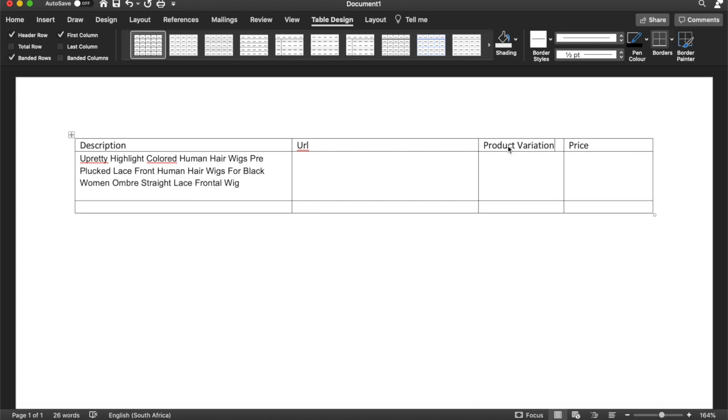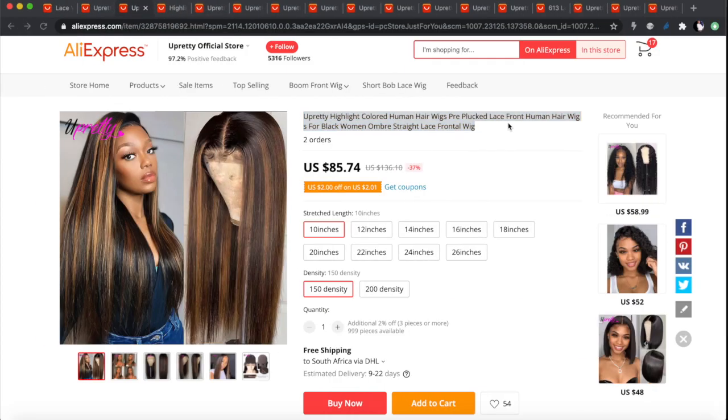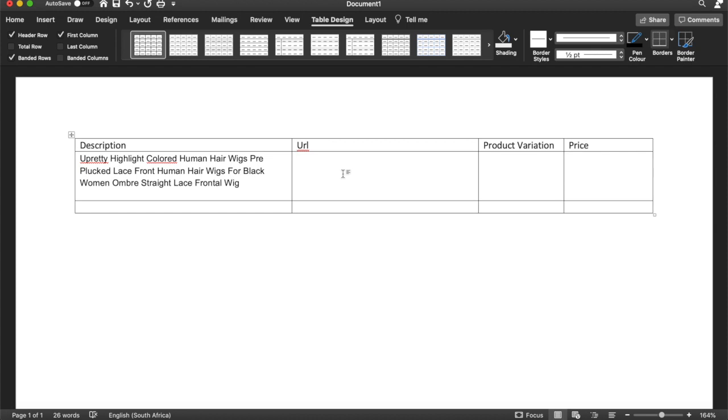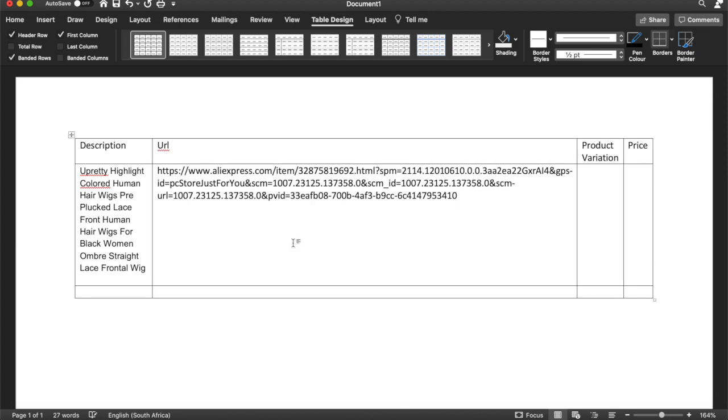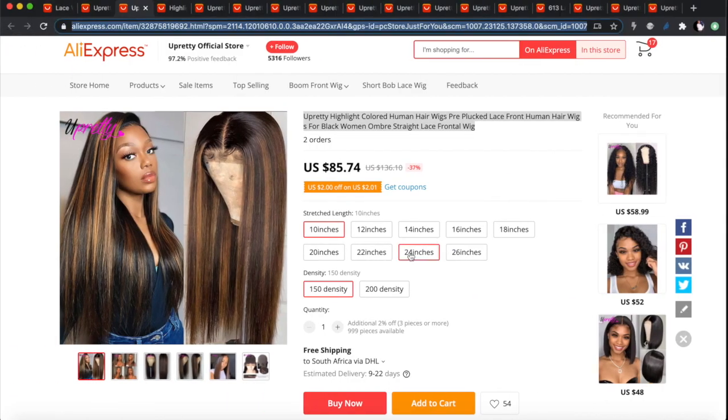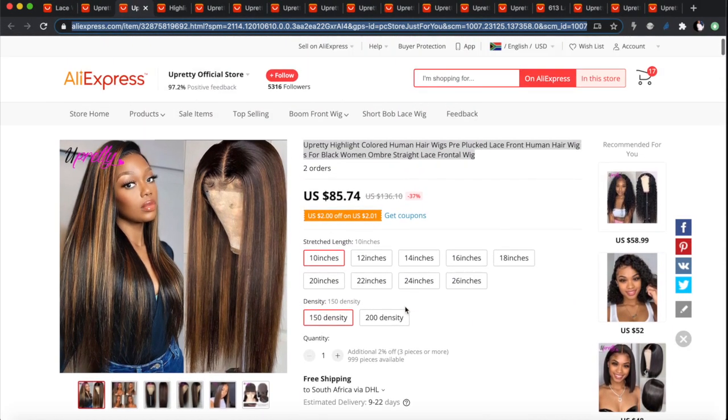So maybe the first time you do this, do it manually, and then once you know how the system works, you understand when you install a plugin what the plugin is doing. You understand? So maybe we'll do it like that. That's the URL there. I'm just gonna copy that. I know it's got a lot of other variables in it, but it doesn't matter. You can't make this smaller because of the long stuff. Oh, it's fine. And so look at the variation, right?